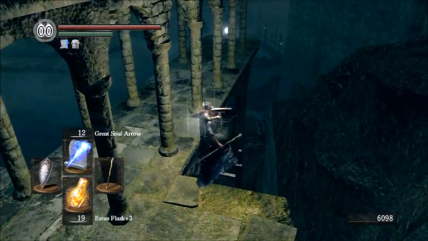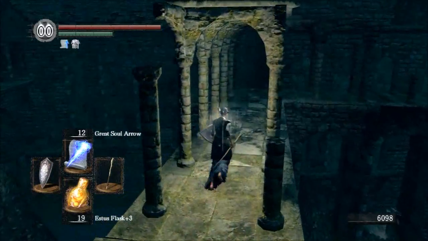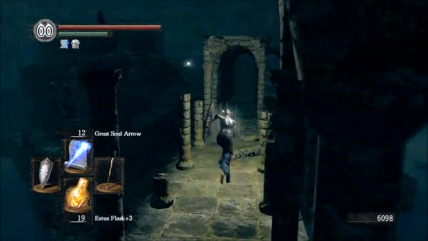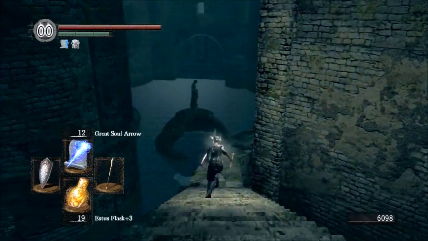Alright, so we're going to kick this ladder down, and that's going to open up a shortcut that if you were to die, it will allow you to bypass the first set of ghosts and come up directly here. So it would make the way forward a little bit easier. And we proceed